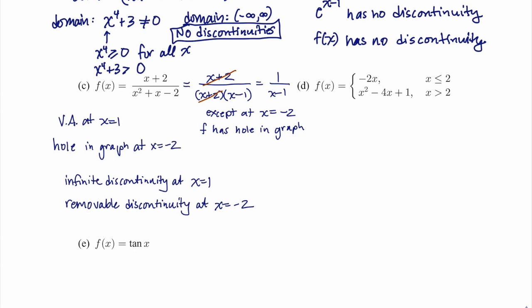So we could graph this, but we could also look at the limit as x approaches 2 from the left for this function, which would just be using the top branch, negative 2x, because that's what we would use for x's that are less than 2. So we can just do direct substitution, but use the correct branch, and that's going to be negative 2 times 2, so negative 4. So as we approach 2 from the left, we'll have negative 4, but as I approach 2 from the right,